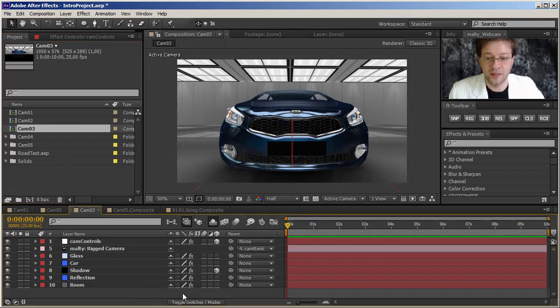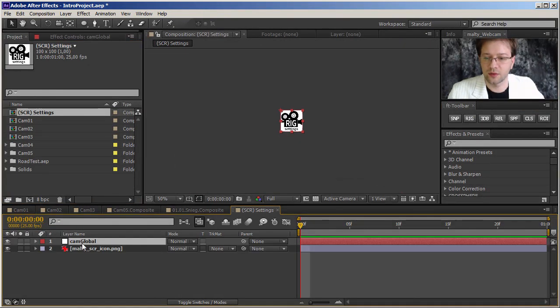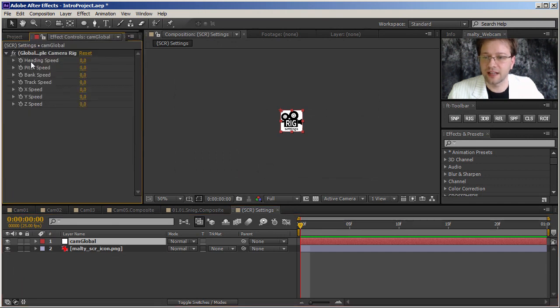All you have to do is click and run the script holding the Control key, because you want to gain more control over the cameras. So I'm just going to hold down the Control and run the rig, and this will create an additional composition. And if we go here, we will see a cam global layer, and if we go to the effects palette, we've got the heading speed, pitch speed, all of those settings that I just talked about set to a 0